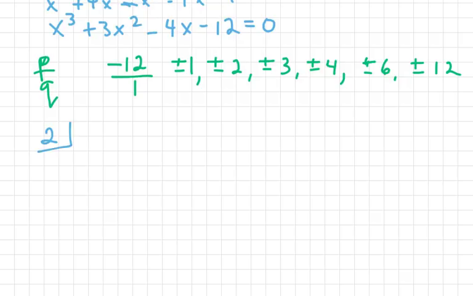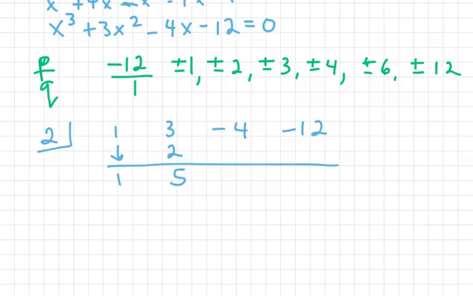2 and 1, 3, negative 4, negative 12, and we get 1 times 2 is 2. 3 plus 2 is 5. 2 times 5 is 10. 6, 2 times 6 is 12, and we get a 0. So if 2 is a solution, a factor then is x minus 2, and we are left with